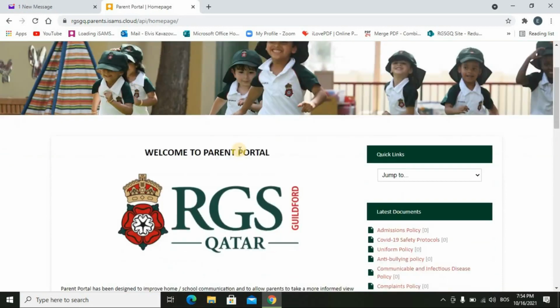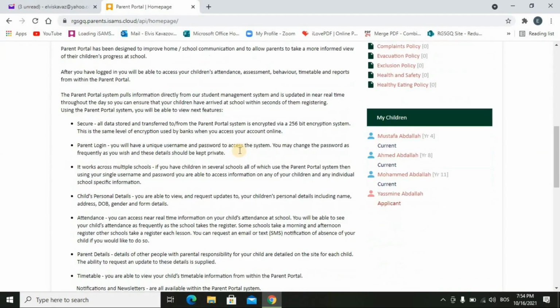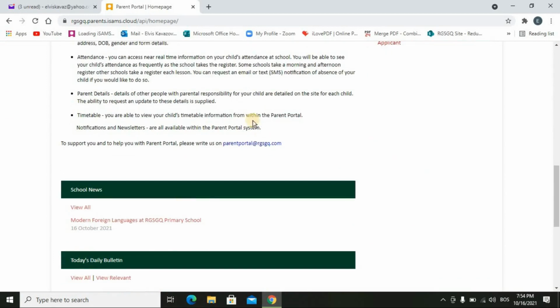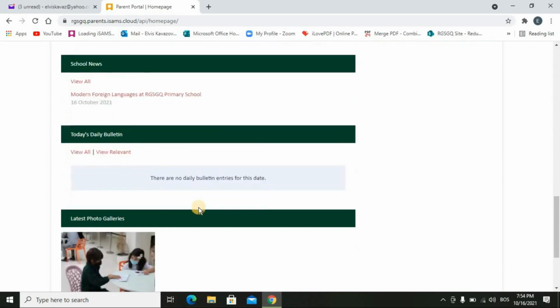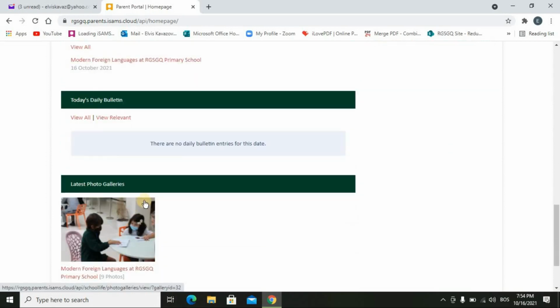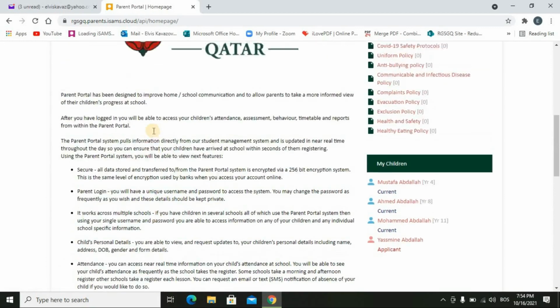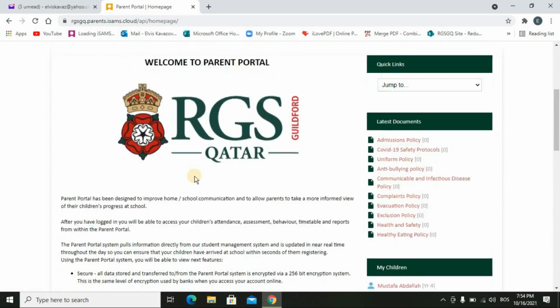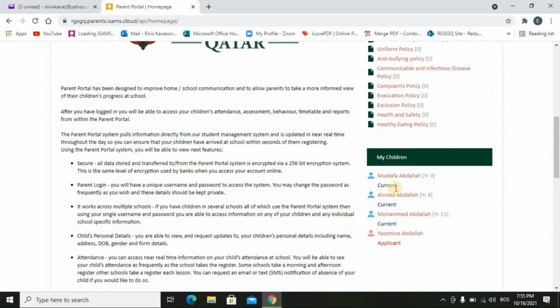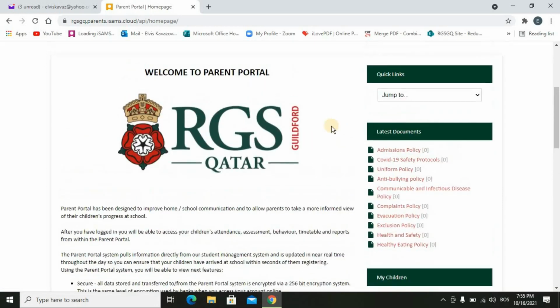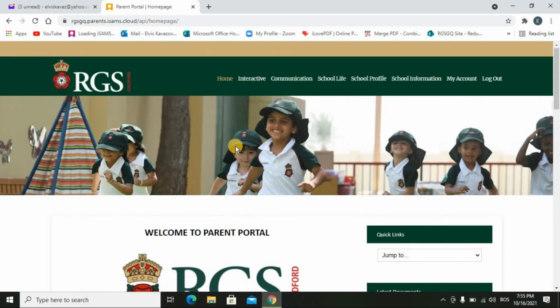main page. So as you can see here, there's a lot of news, a lot of information that you can visit, like gallery, bulletin, school news. Also in the beginning you have a welcome to the parent portal message, and as you can see it is all for children, even for the children that have just applied to school. You can see information here or the latest documents, but in our next video I will show you how to